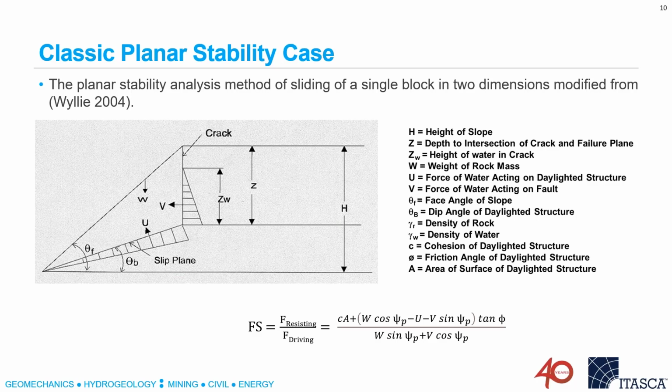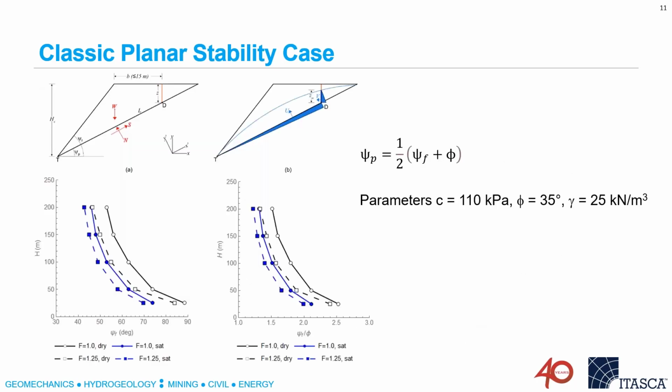And this is probably the simplest. It's a planar sliding example, but there is a tension crack, a vertical tension crack at the back, and you can put water in it, and you can see the equations there used to calculate the safety factor for that particular slope. And you can take those equations, if you like, and you can develop design charts, such as shown at the bottom here, that relate